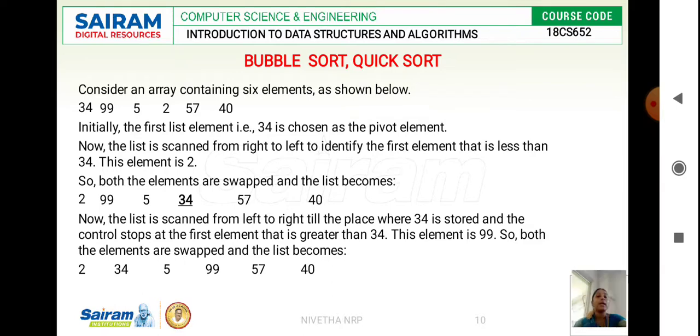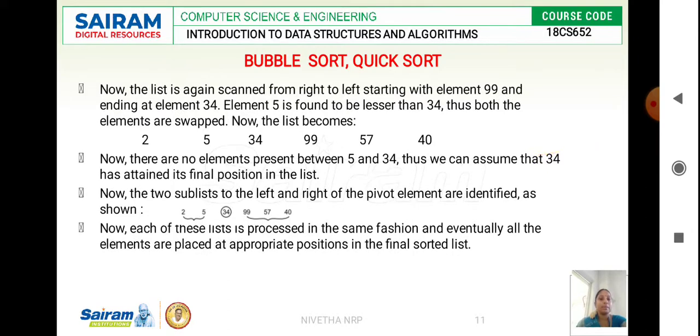Next, when you compare 2, it is less than your pivot element, so I am placing that to the left subarray. And when I consider the next element, 5 is also less than your pivot element, so I am placing that to the left. But 99 is greater than the pivot element, so I place 99 to the right of my subarray.